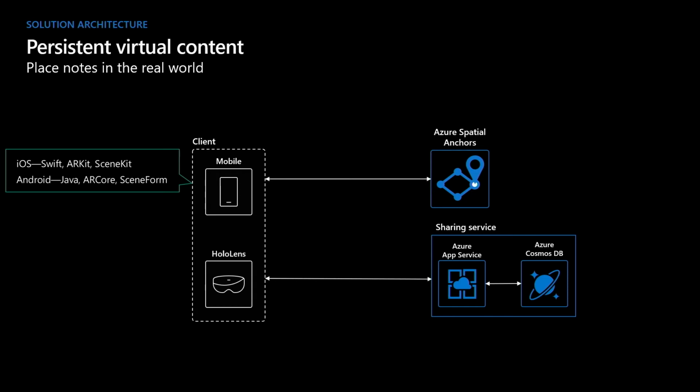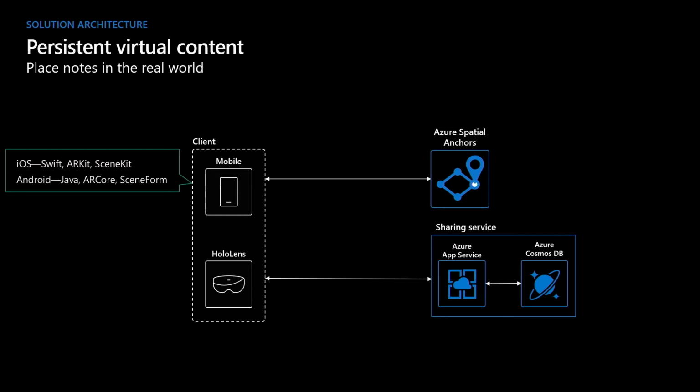In this case, it's made up of two things: an Azure App Service ASP.NET Web API that lets you do post calls and get calls, and Azure Cosmos DB table storage as a database. Together, they help us save information about anchors that we need to save. I will give you more detail on that, but before we do, I want to jump into some API